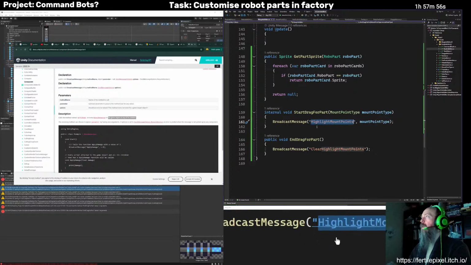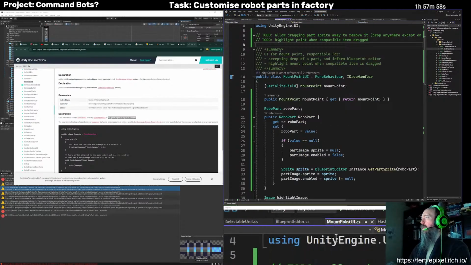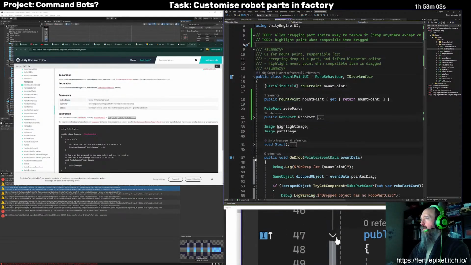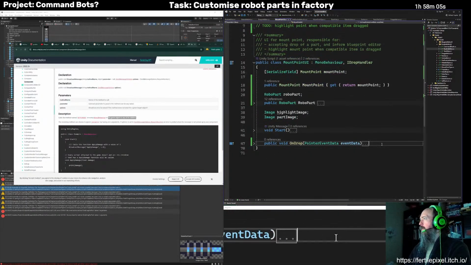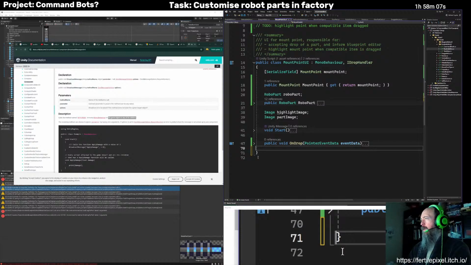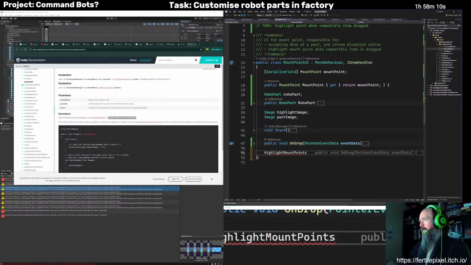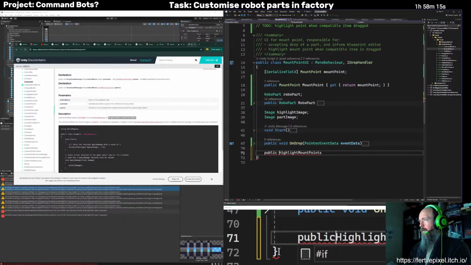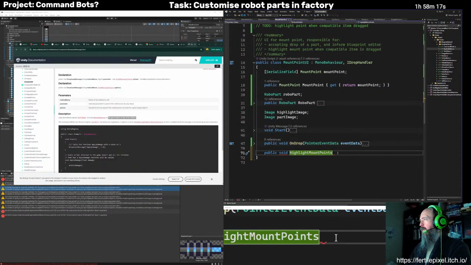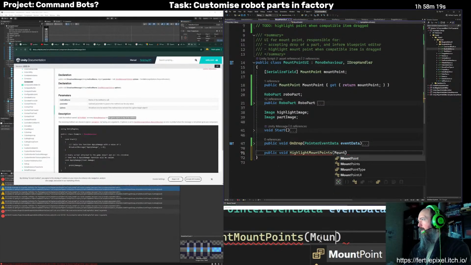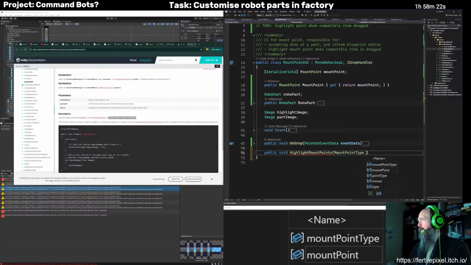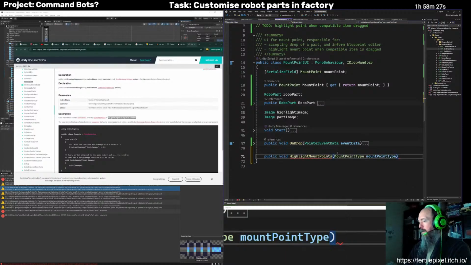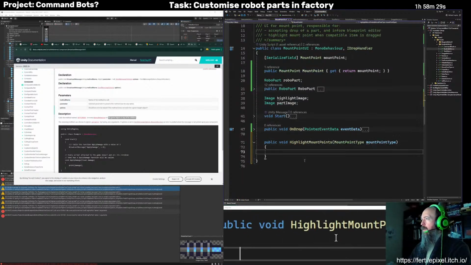So now I just need to implement this in these guys. So just add this in here. And that'll just take a, just like that. Okay.